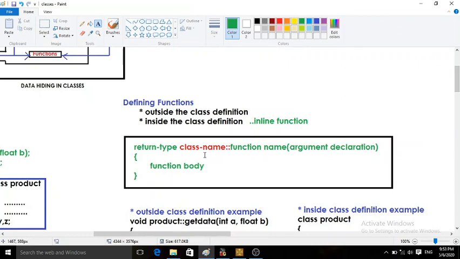There is one interesting thing about the member functions because of this syntax. It may happen that in one program we have multiple classes, and that in two classes the same function name is used. Let us consider I have two classes, class 1 and class 2.